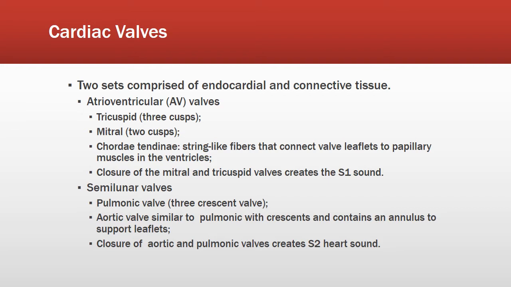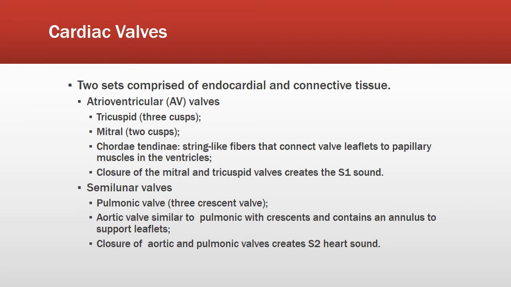We also have the semilunar valves, which are comprised of the pulmonic and the aortic. The pulmonic valve is a 3-crescent valve between the right ventricle and pulmonary artery. There is no papillary muscle or chordae tendineae connections. The aortic valve is located between the left ventricle and the aorta,